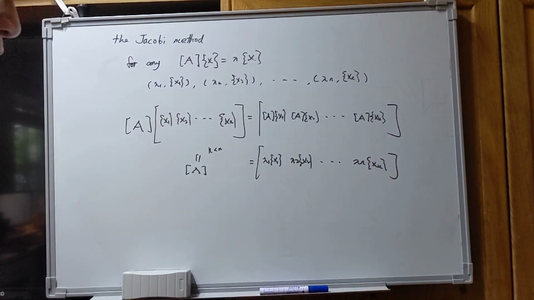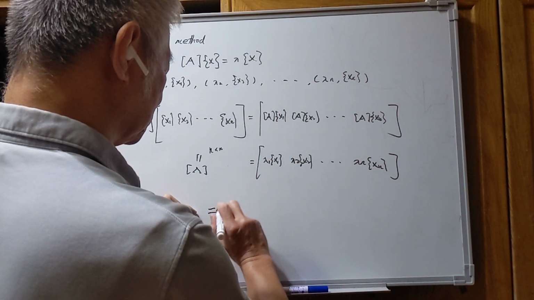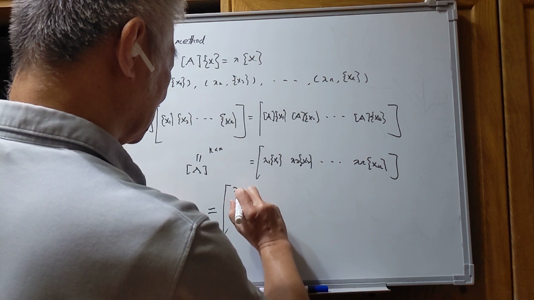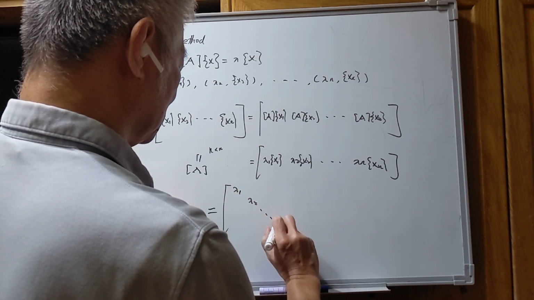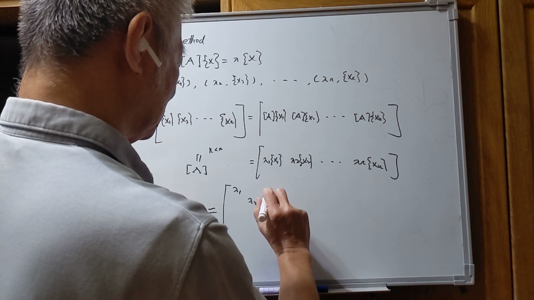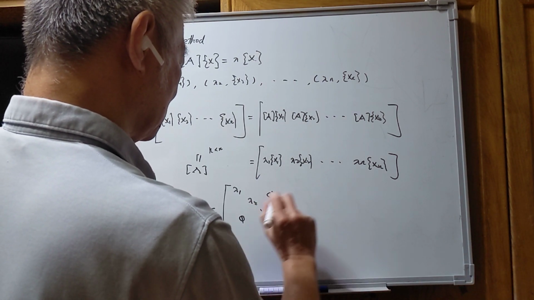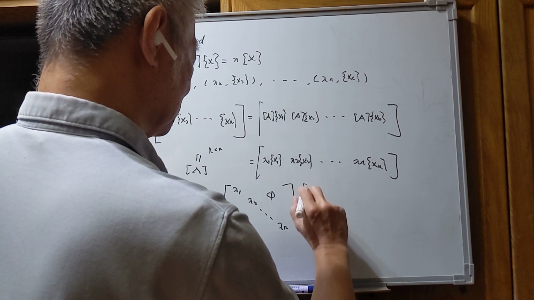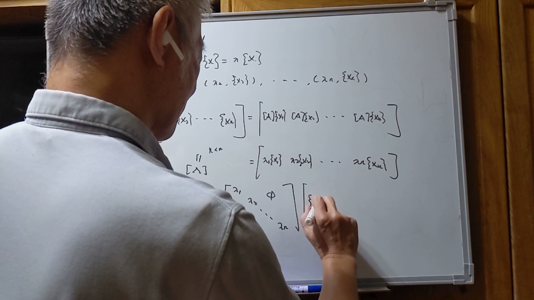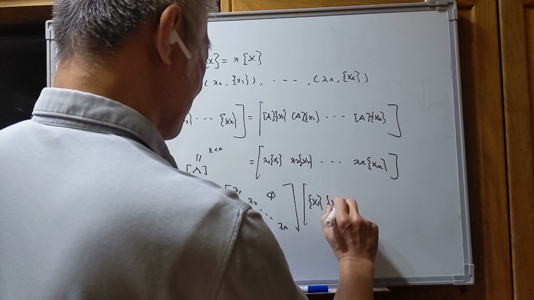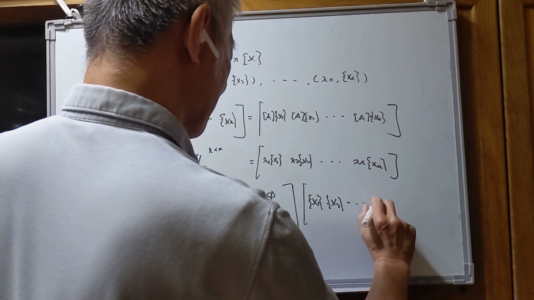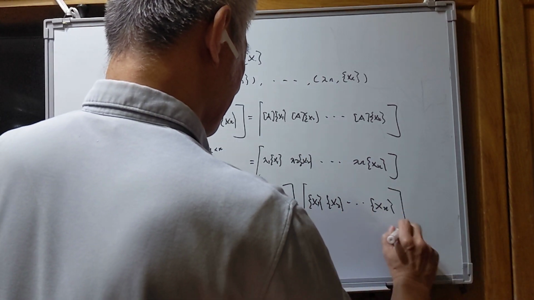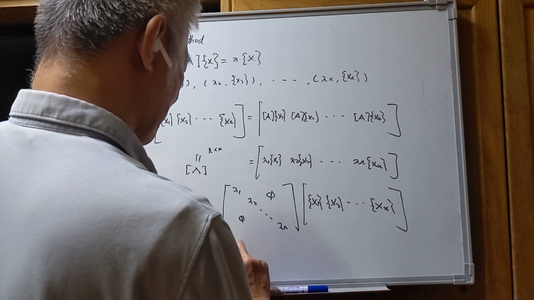Okay. And for this one, which is lambda 1, lambda 2, until lambda n, times